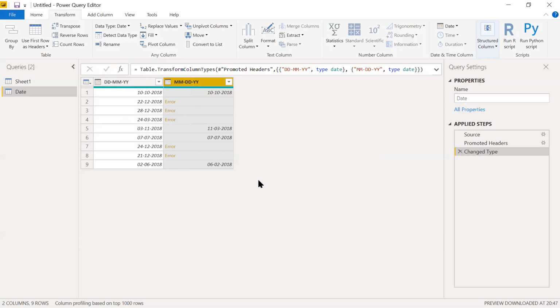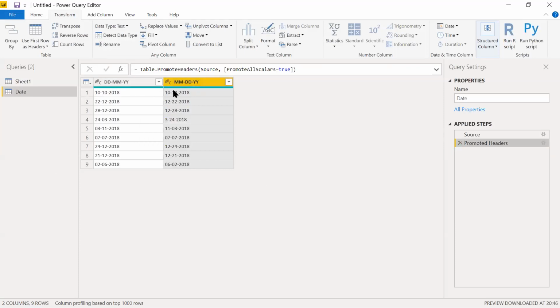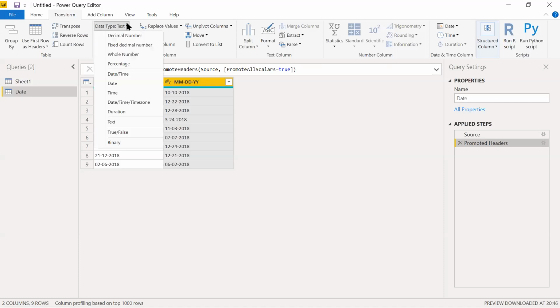Because we are in India and in India we follow DDMMYY, and my system format is also DDMMYY. So let me undo that. Here we have 10-10. It recognizes the first 10 as a date and the second 10 as a month. So it is a valid date. But the second one is taking 12 as a date and 22 as a month. So 22 months is not possible. No such thing. So we cannot convert by just clicking here because we need to go to the locale